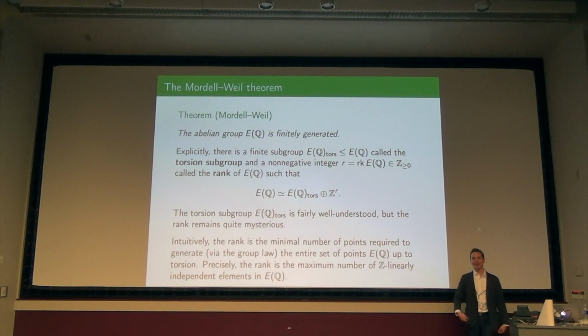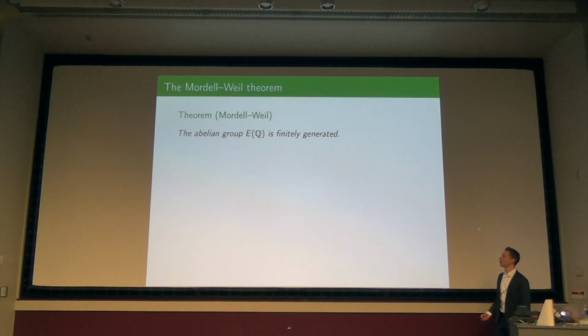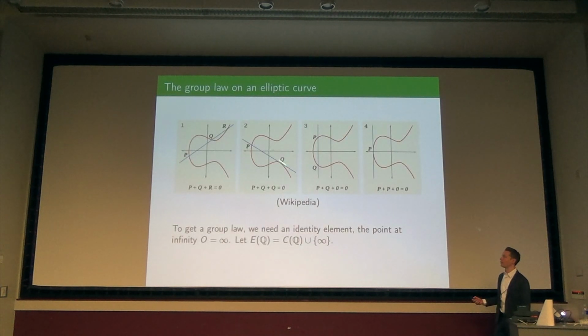Yes, question? What does rank 1 mean? Because you need 2 points to start, generally. Yeah, that's a great question. There is a way of doubling. So if I have this point, instead of taking another point and taking the line through it, I take the tangent line at that point.